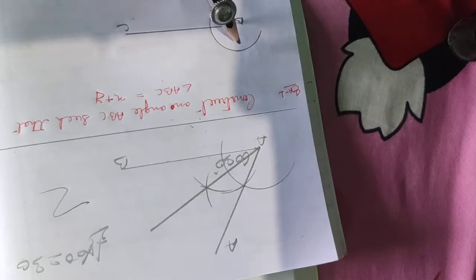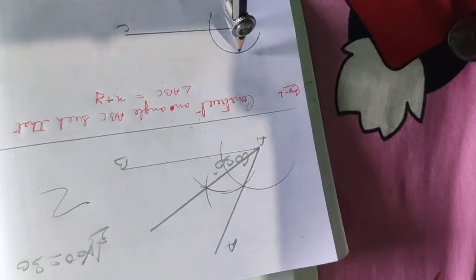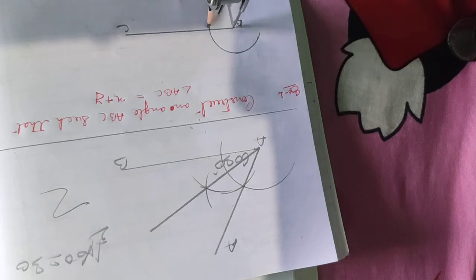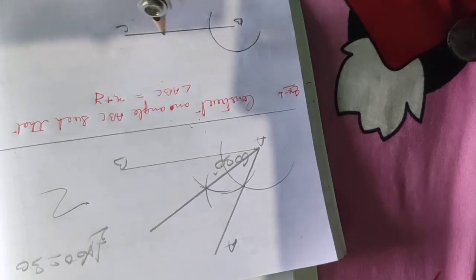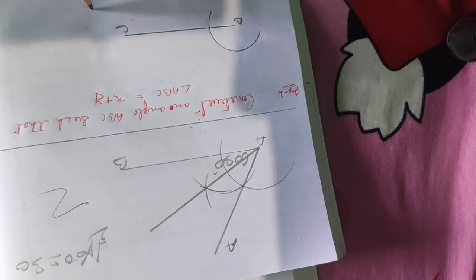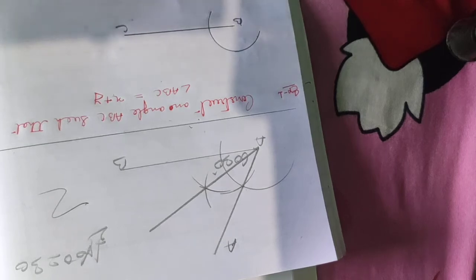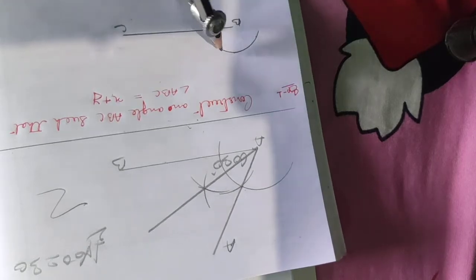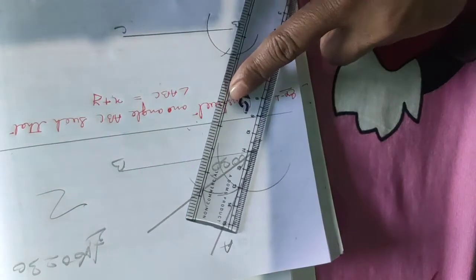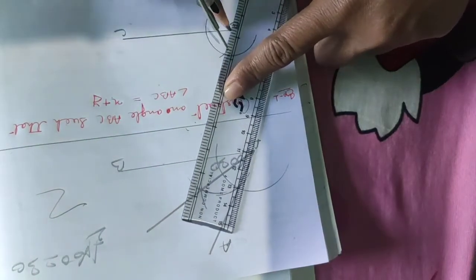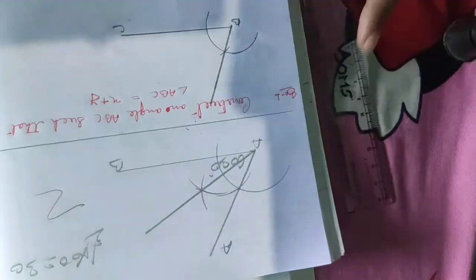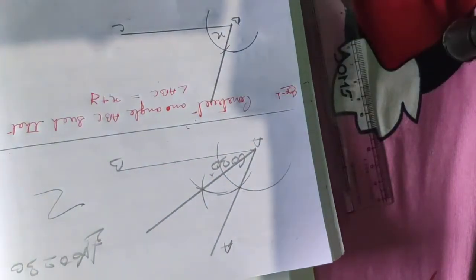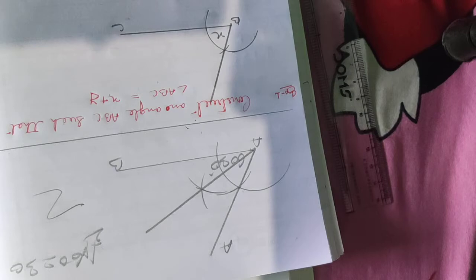Then take B as a center. With B as a center, draw an arc of any suitable radius. With the same radius, draw an arc with the vertices of given angles as center. Let these be the cut arms of the angle X. Suppose I have written, just take here one center, cut here, join this angle X, okay.